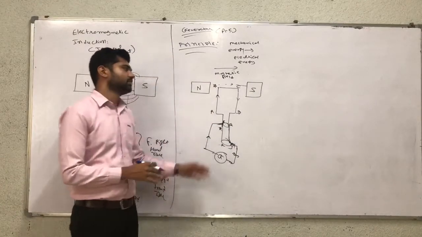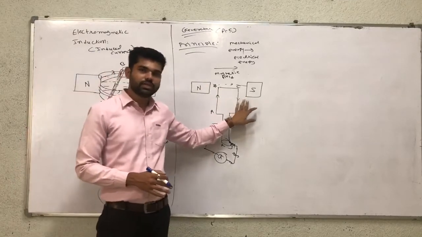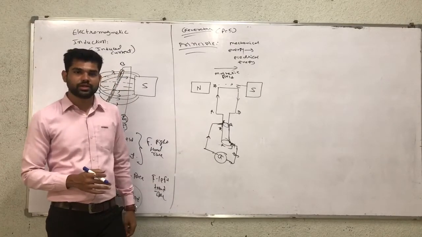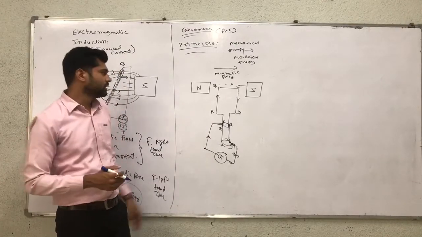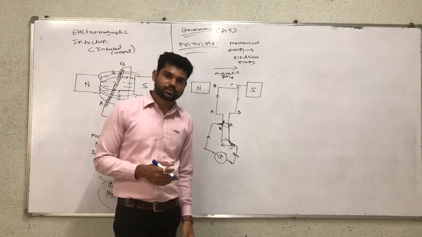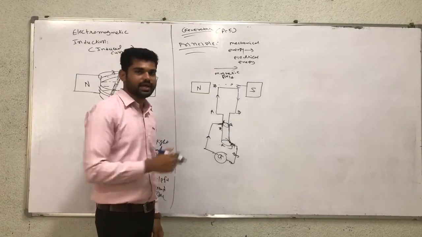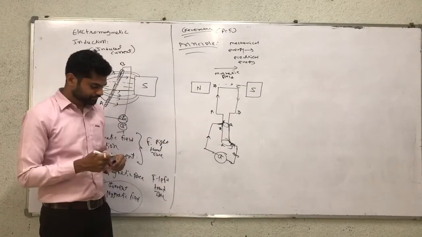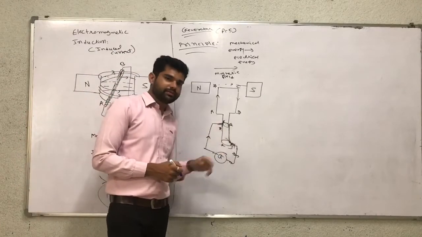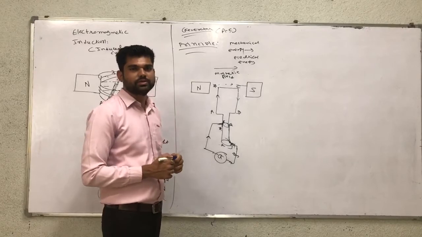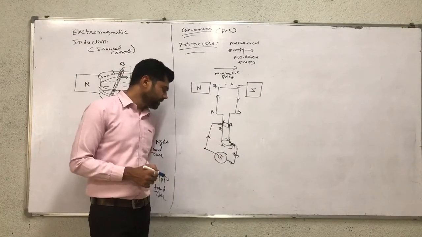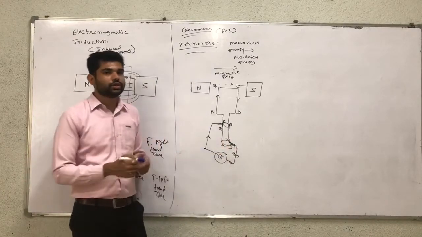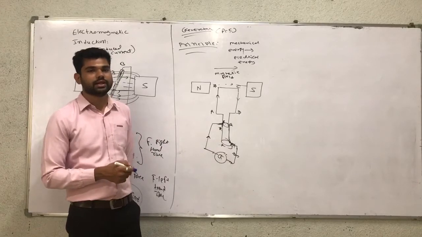Once again, let us revise. Between two poles, we can connect a rectangular coil. Now find the direction of the induced current by using Fleming's right hand thumb rule. The force is in a direction, therefore the induced current direction is inside the circuit, and for the downward motion, outside the circuit. After half a complete rotation, the force is in the same direction, but the induced current changes direction because the motion has changed. It can be measured by the galvanometer, and the slip ring maintains this situation, does not break the circuit, and gives continuous flow of induced electric current.